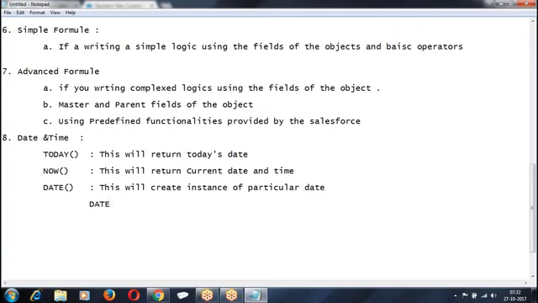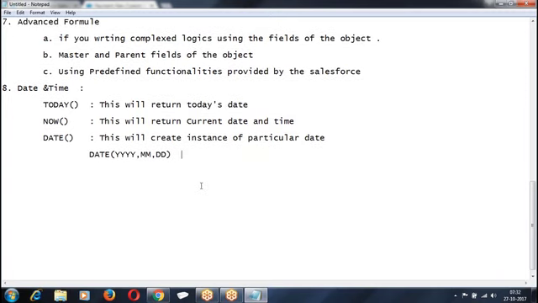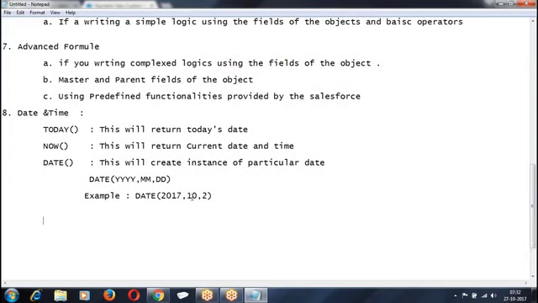How do you create it? Date of year, month, date. It will create an instance of that particular date.